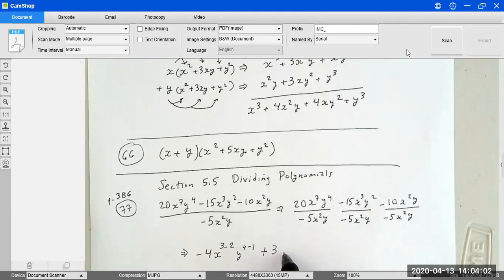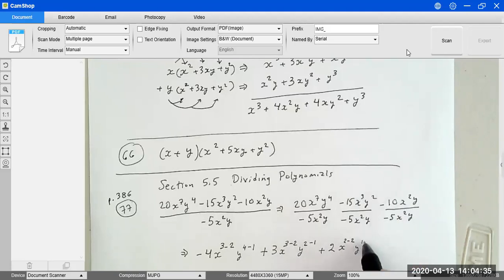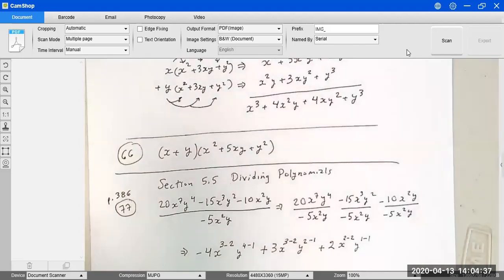Then I have my variable x with exponents 3 from the numerator and minus 2 from the denominator. Then I have y, the other variable, with exponents 2 from the numerator and minus 1 from the denominator. Finally, negative 10 over negative 5 is going to be positive 2. Then I have x squared y. So you have x squared over x squared is just 2 minus 2, and y is just 1 minus 1. So what is the answer for this? The answer is just